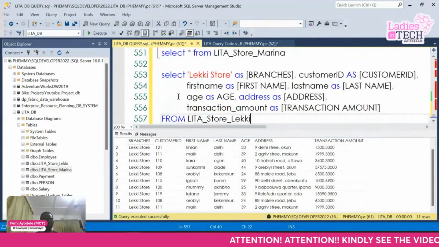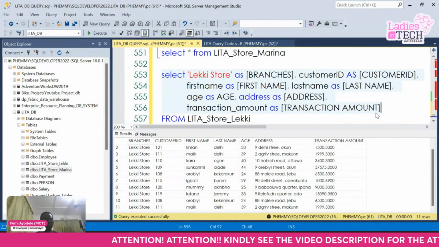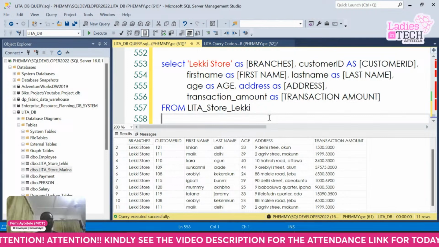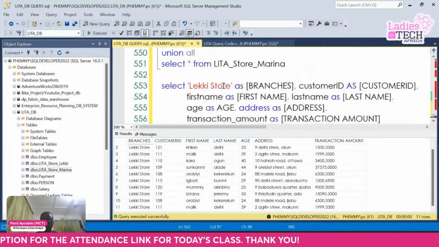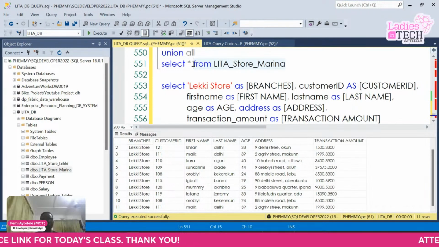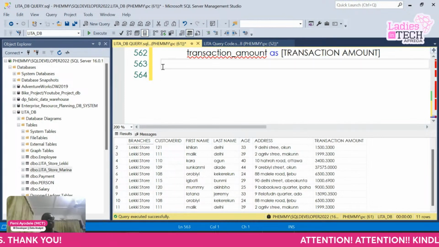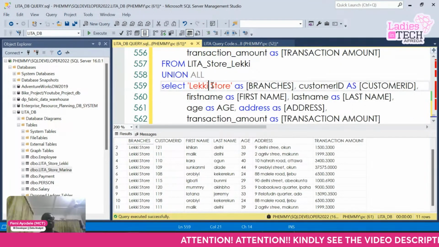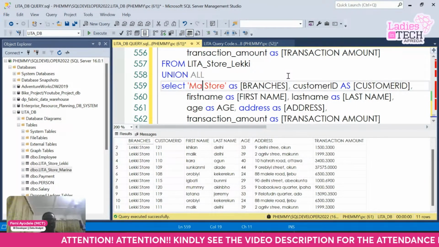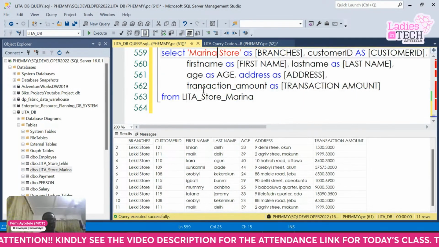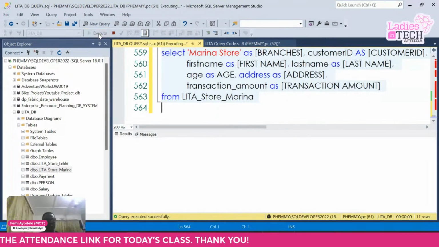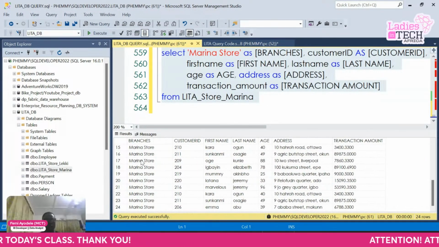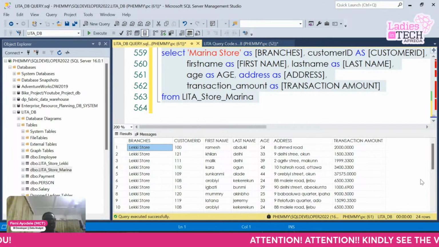Then I can do the same thing. Let me just copy this, right? And say union all. Then I will paste it. Then this one will now be from Marina. Then I will change this one to Marina store. Right? Now, if I run this, so you can see, it is very easy for me now to do my analysis based on branches, based on,